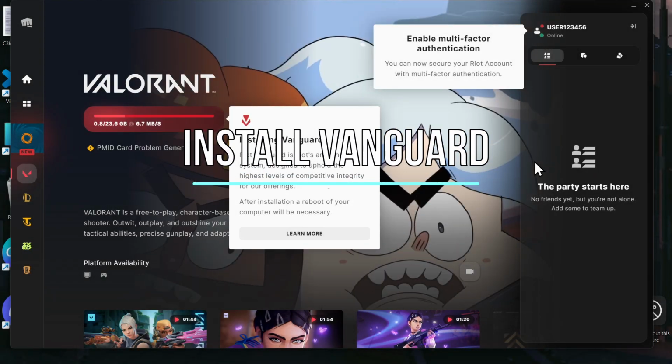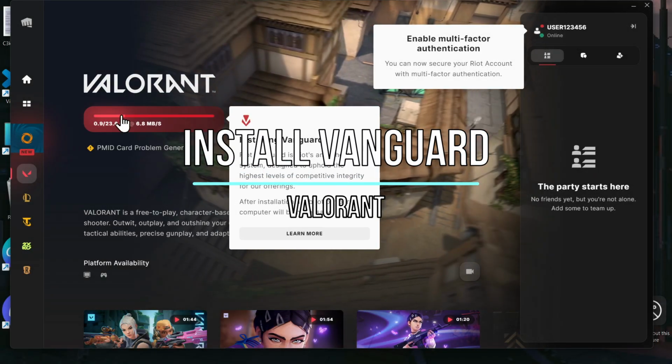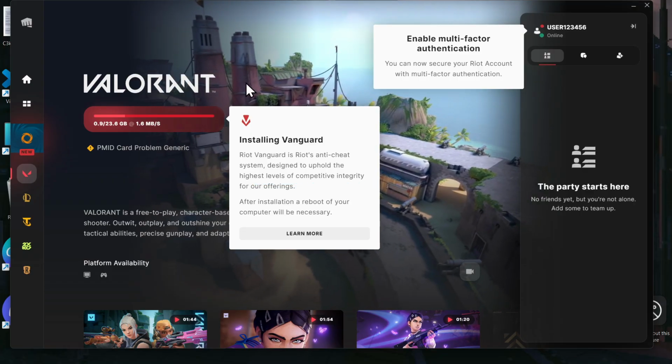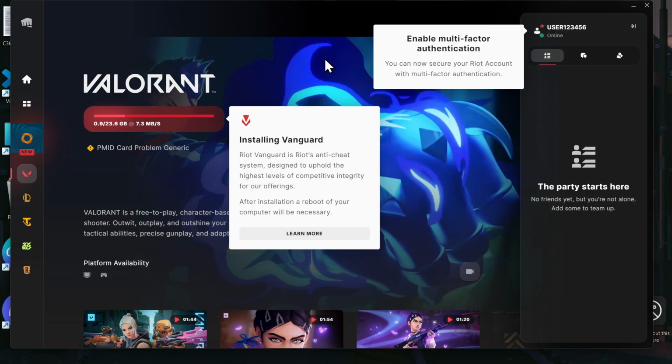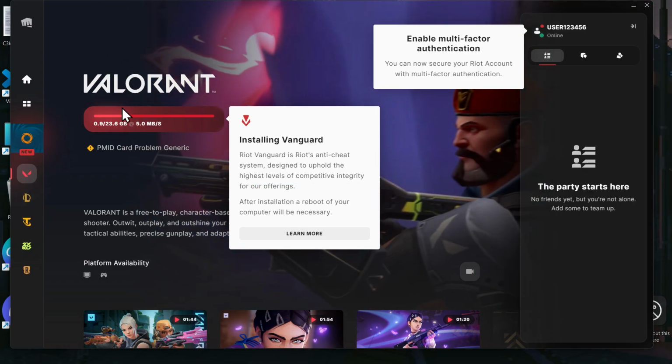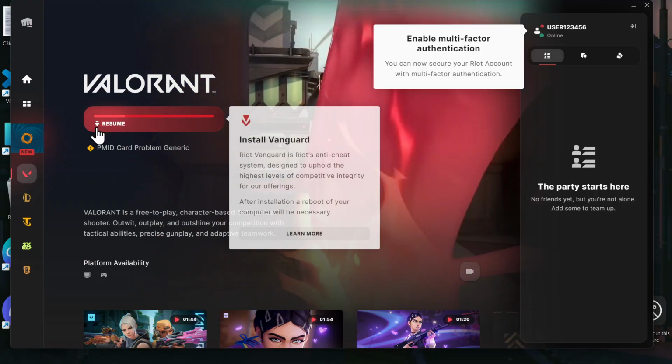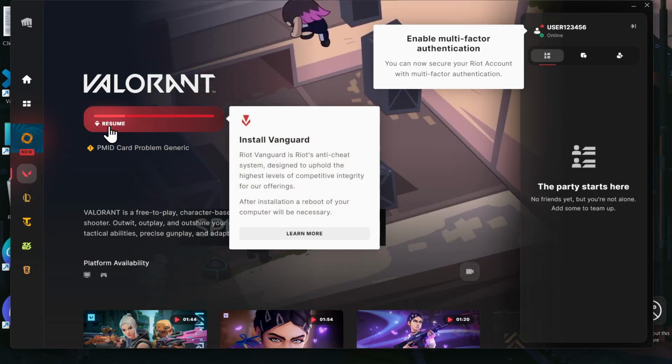Welcome, today we're going to show you how to install Vanguard on Valorant. So, as you can see from here, Vanguard is already installing on my PC or laptop. From here, if you want to do the same and install Vanguard, the first thing that you need